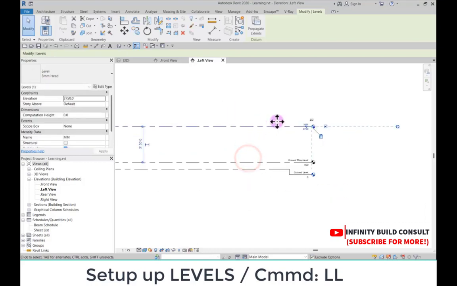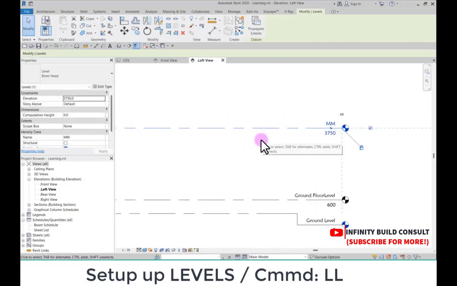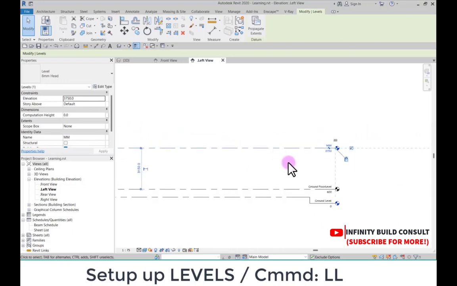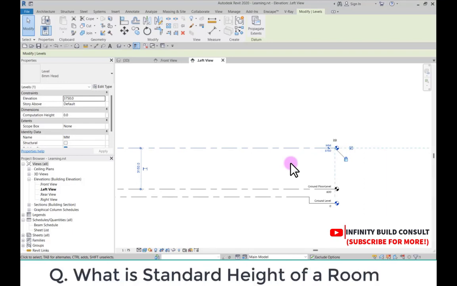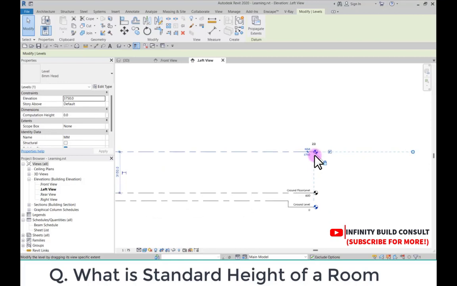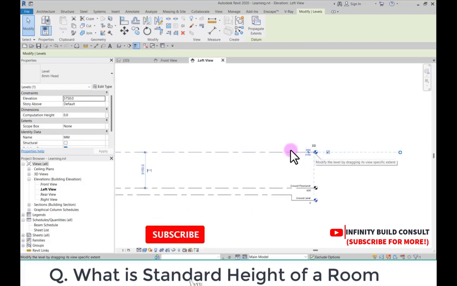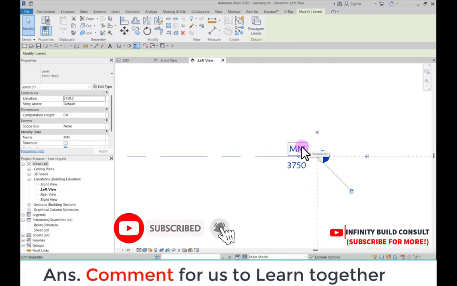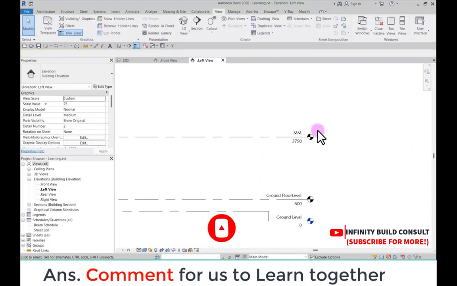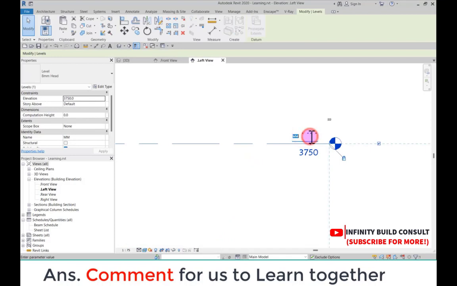3150. My question is that I want to know the standard height of a room. If you know the standard height of a room, kindly comment in the comment section and tell us the standard height of a room. You can also recommend a book in the comment section. Tell us the standard height of a room. So I'm going to change this one to